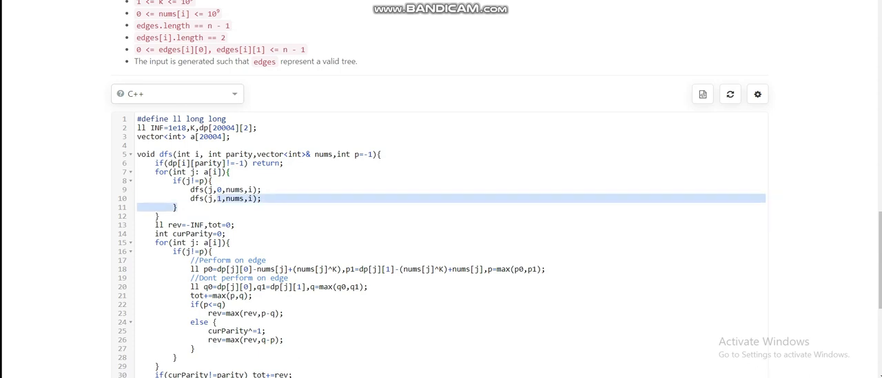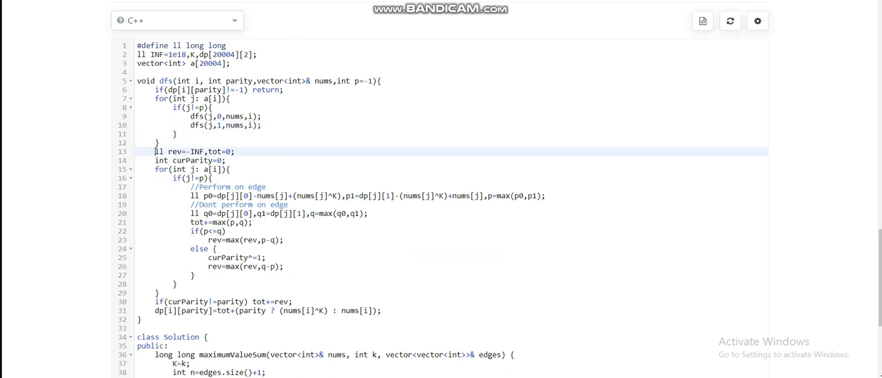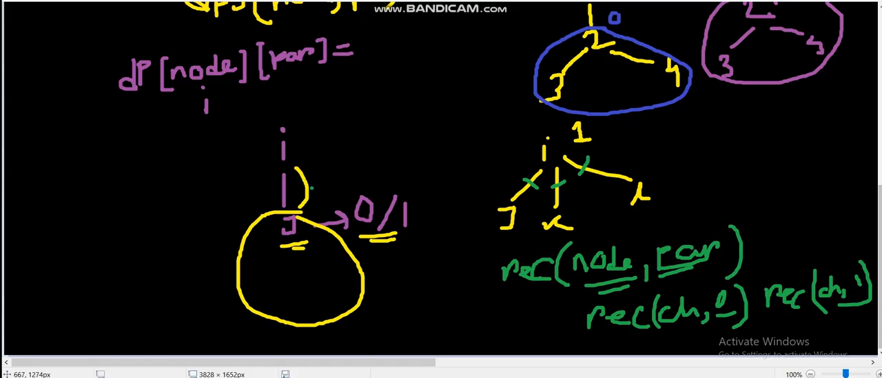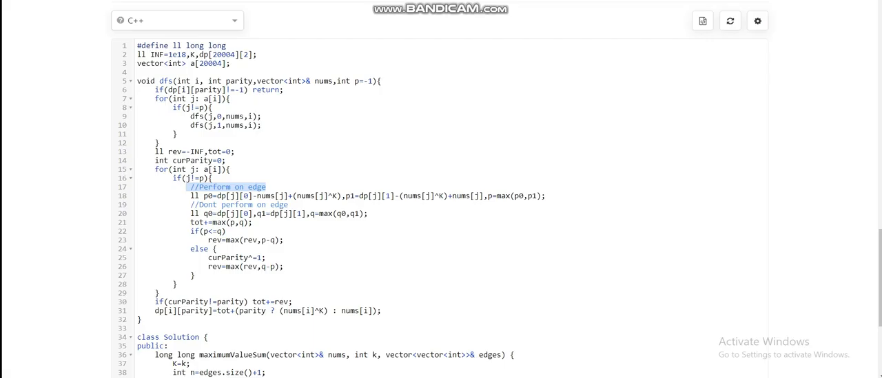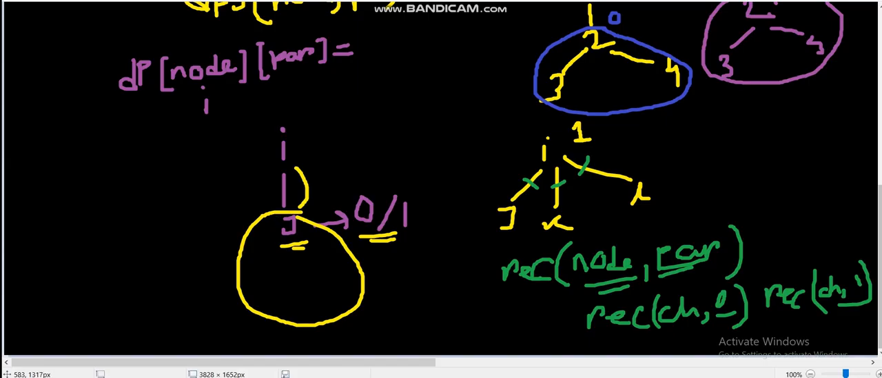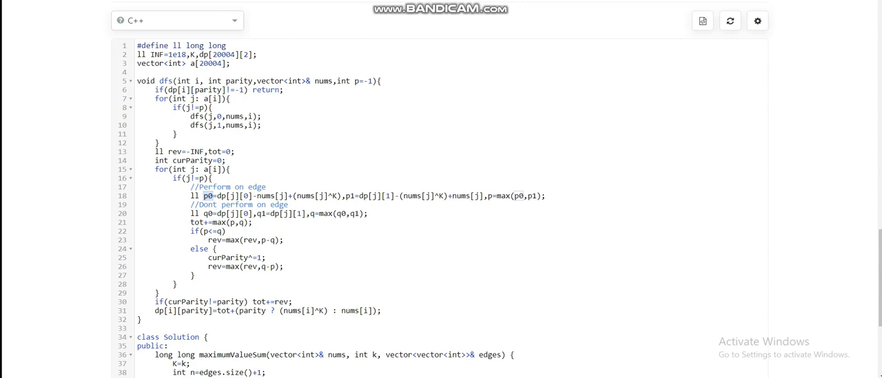Okay, now this part is interesting. This part is modifying the dp array. So what is this? We are traversing over every child node. Now let's say we are performing the operation on the edge. Now p0 means that the parity of the child node is 0. Now if the parity of the child node is 0 and we are performing the operation, the parity of the child node is 0,